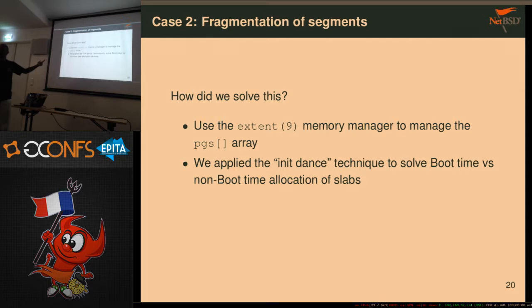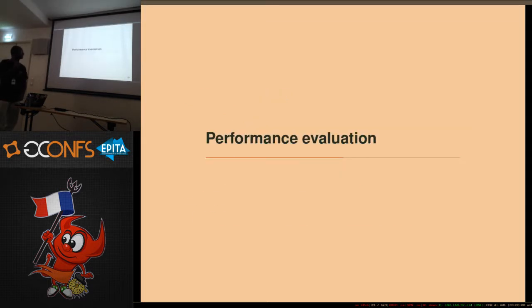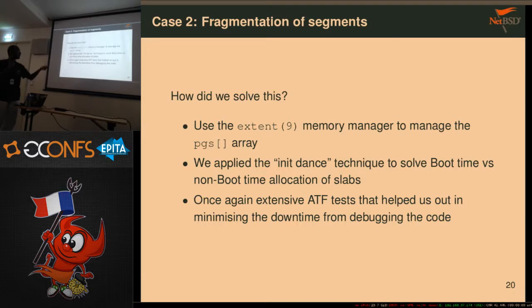We'd just plug that into the PGS array management. So instead of manually going and trying to mess with the PGS array, we just said, okay, well, we'll use extent. We'll register the entire PGS array namespace into the extent, and then just tell the extent manager to do it for us. And it was brilliant. It just worked. It was plug and play, literally. And so at this point,